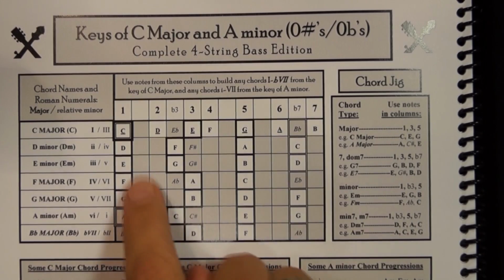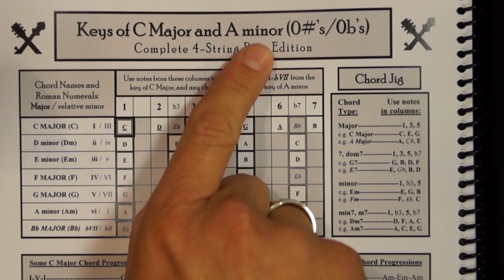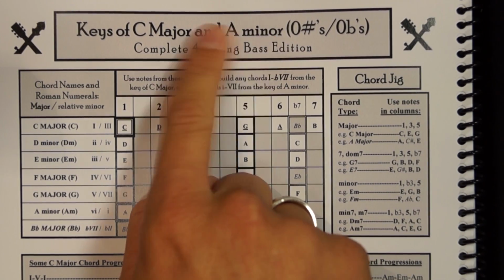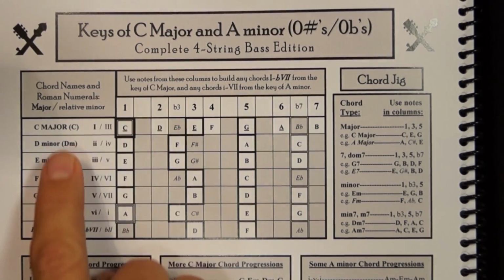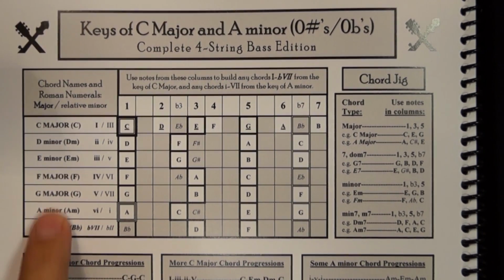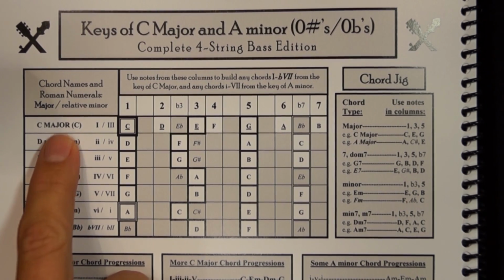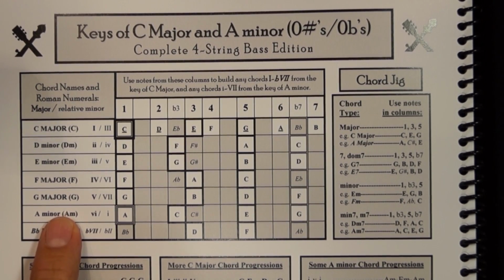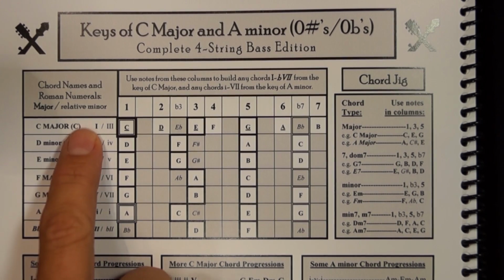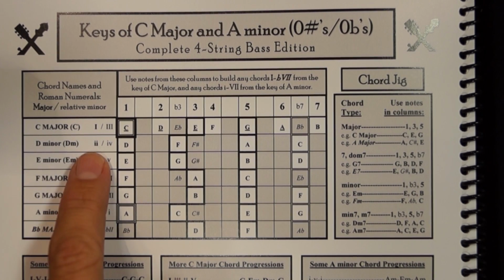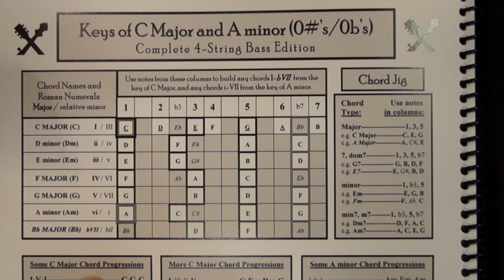The key of C major is also the relative key of A minor, but forget about that for today. We're just thinking about C major, and we're going to be looking at these first 6 chords here, C major through A minor, and thinking about the bold Roman numerals for each of those chords. So C major is my 1 chord, D minor is my 2, E minor is my 3,